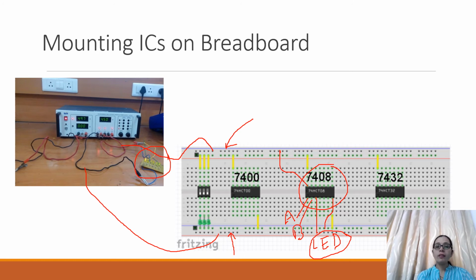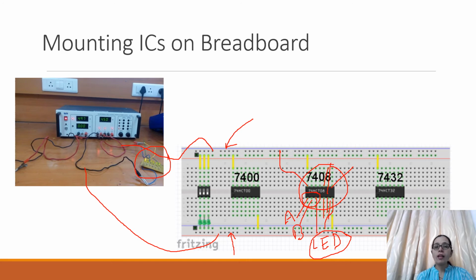So this is the basic of how the ICs will be mounted and how they will be tested. I have tested the first gate, and I have shown you the first gate here. The second gate again you can have here, pins 4, 5 and 6, and the 7th is ground. Here 8 is the output, 9 and 10 are inputs, and so on. So this is how to mount ICs on a breadboard and connect single strand wires to the breadboard.